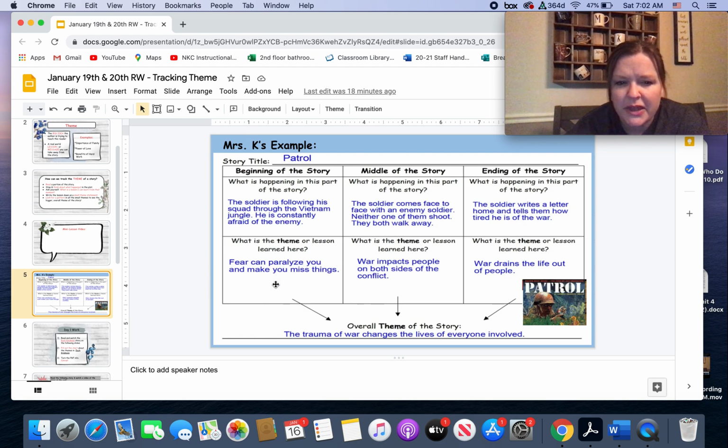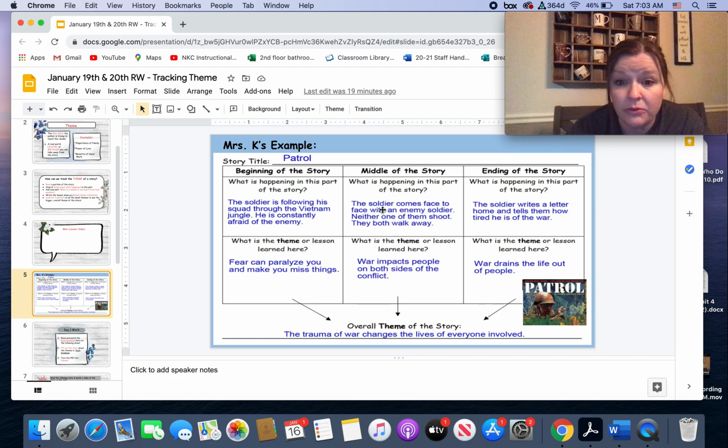Okay, so my little theme is not necessarily about the book, right? It's not about patrol. It's about a lesson in the real world that I could learn from it. So then I went on to the middle of the story, okay? And this is the part we talked about before, where the soldier, remember, comes face to face with the other enemy soldier in the tall grass, and they're frozen, kind of realizing, whoa, the other enemy is a real person, and they both decide to not shoot each other. They lower their rifles and they walk away.